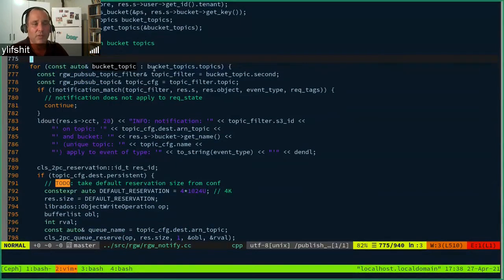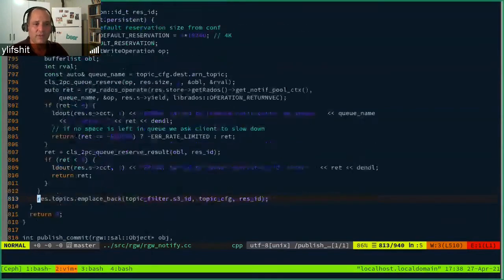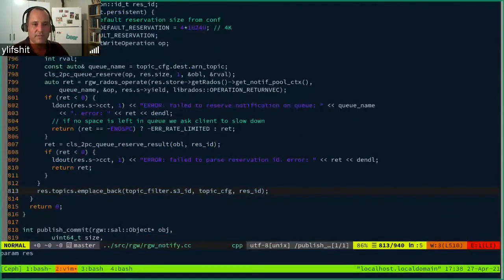If multiple match, then we're going to put multiple of these, because it could be that for a single op, let's say one upload, you have different filters, and those filters are sending to different endpoints, and this is valid, this is okay. So in the regular non-persistent notifications, we're just going to put those configurations in a list, and later on,